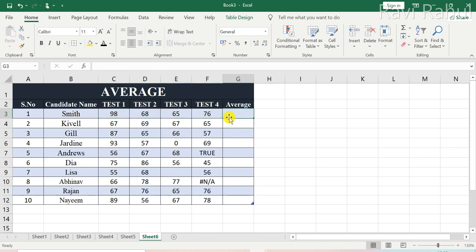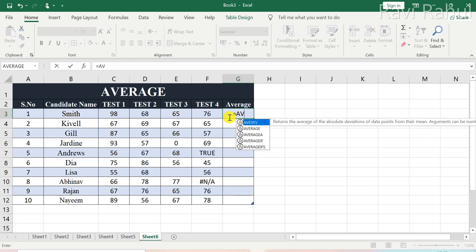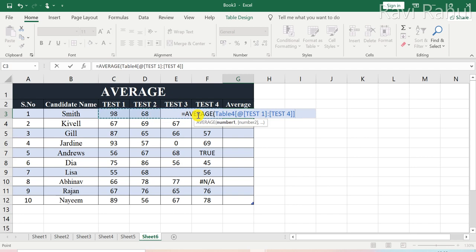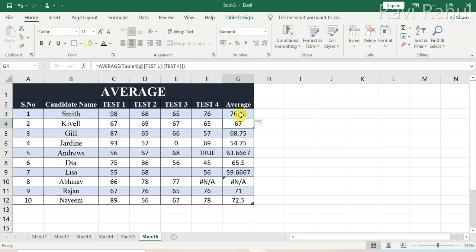So what will I have to do? I have to type in the formula that stands for average, and here we have to take in the range of cells, and it will display me the average. Let me do it once again.